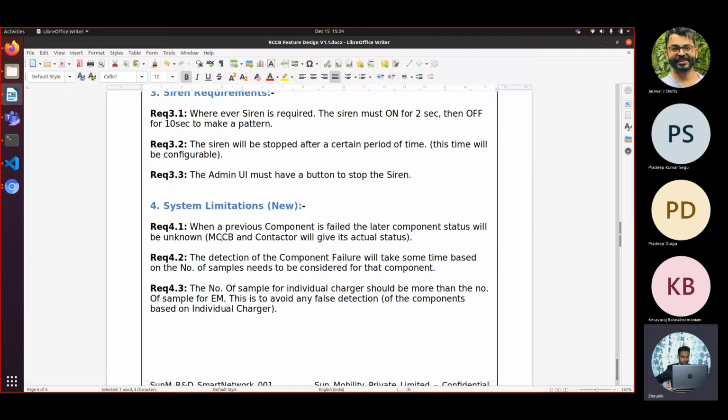Similarly, if the MCCB is already tripped, we have no way to determine the status of the RCCBs. We cannot say that the RCCB is healthy, and we cannot say that it is tripped. So at this point we conclude that we will produce something like unknown: it cannot be determined. Is that fine?